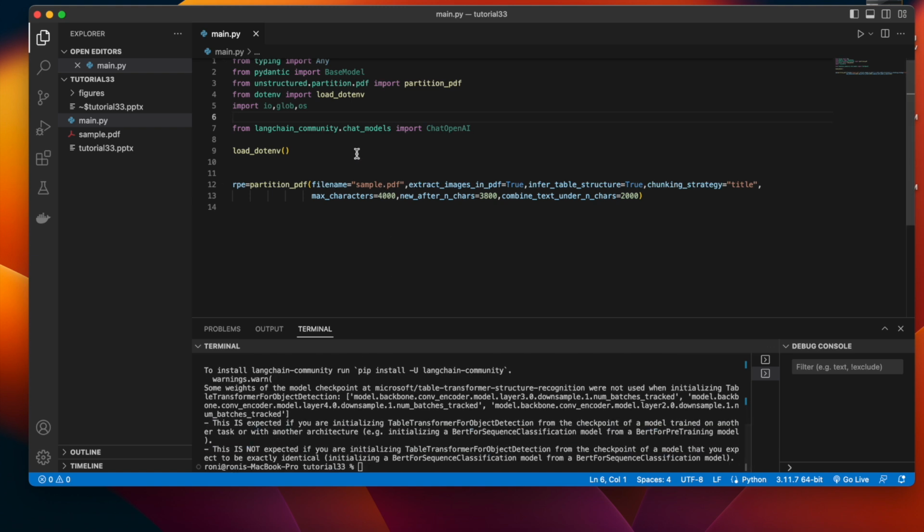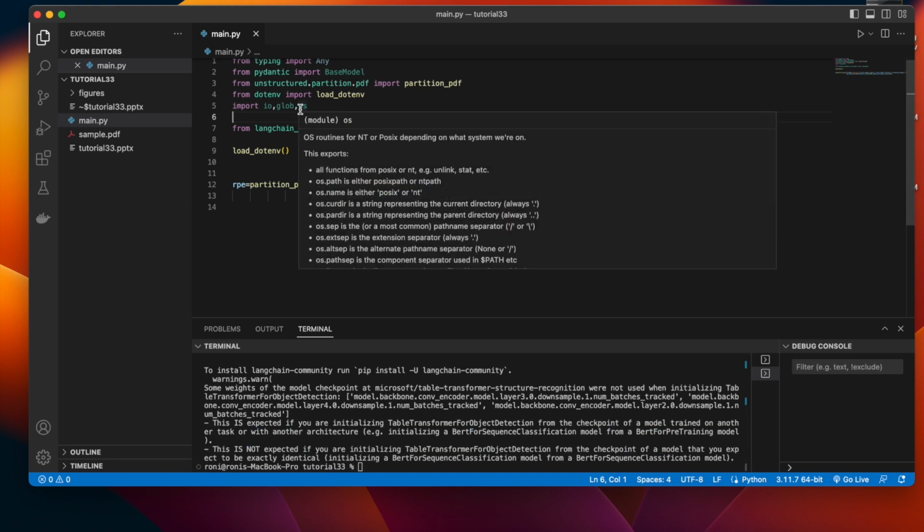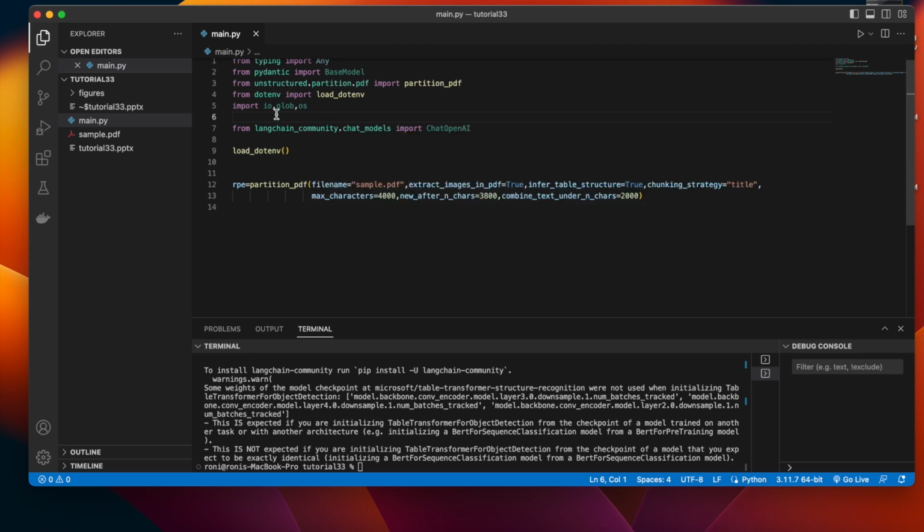So what else can we do? Let's see, this is something new. Chat model, then schema messages. So maybe